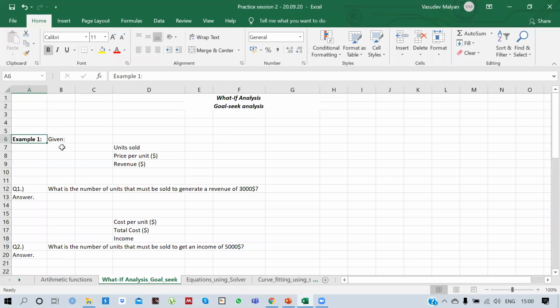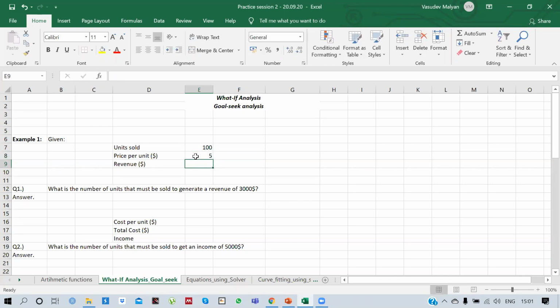So example 1: you are an employee in a company that makes toys, and you keep a record of the price of 1 unit. Let's say you are selling at a price of $5 per unit, and you are selling 100 units in 1 month.